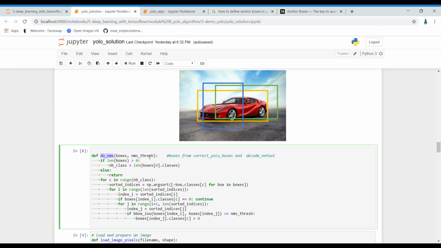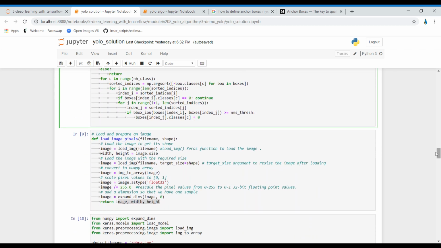Here boxes simply means the bounding boxes, and this function will perform the non-max suppression. Then we have a function named load image pixel. This function simply loads the image on which we want to work, gets the height and width of that image, and stores them in the width and height variables.